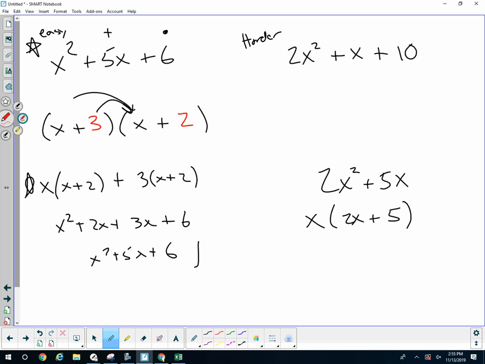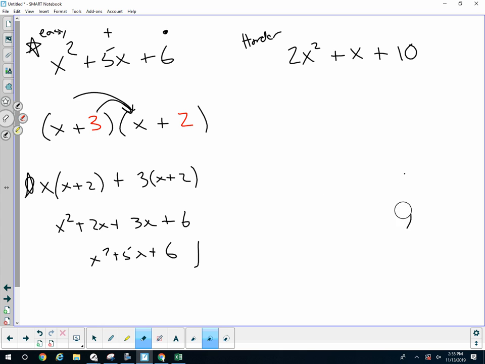So it is not x squared, because x times 2x gives me 2x squared. That's what I want. Okay? Then x times 5 is 5x. Okay, so factoring is the opposite of distribution. Cool. All right, another thing I could say, if you have like